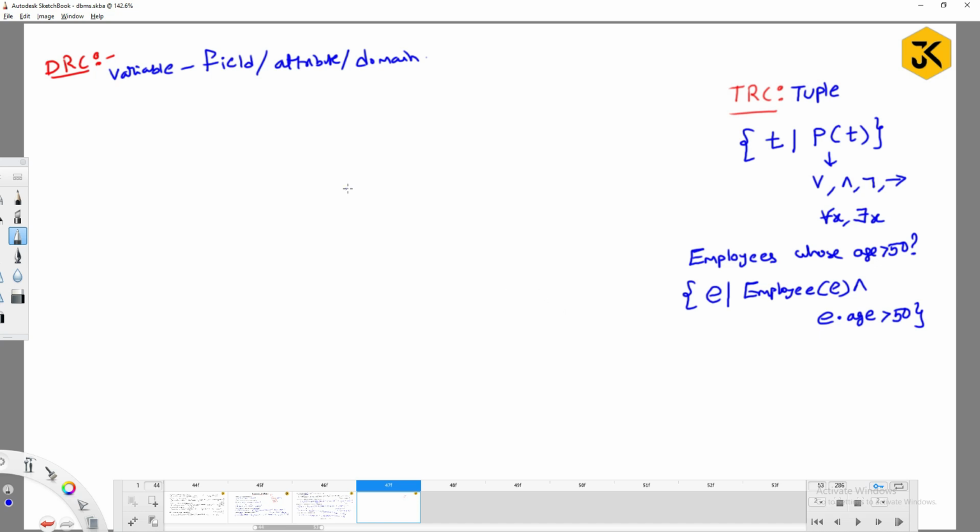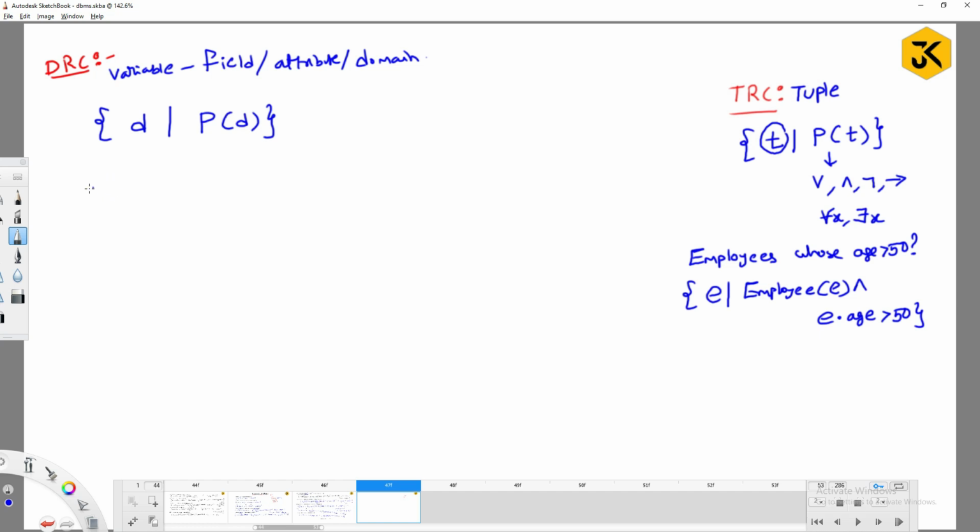Technically I will call it a field only. If you write any DRC query, it follows the same thing, but in TRC we expect a tuple as a variable, whereas here we expect a field as output, and that field has to satisfy a compulsory predicate.